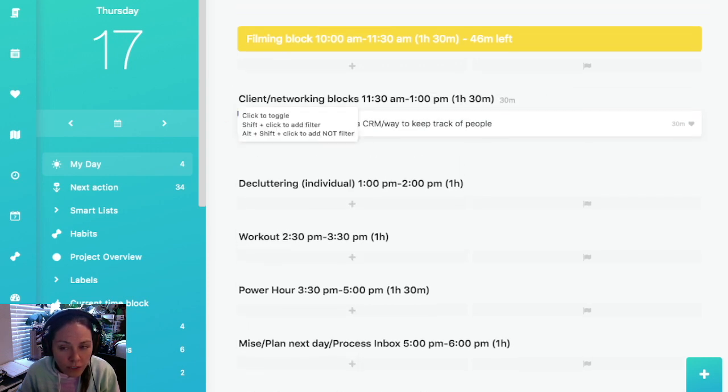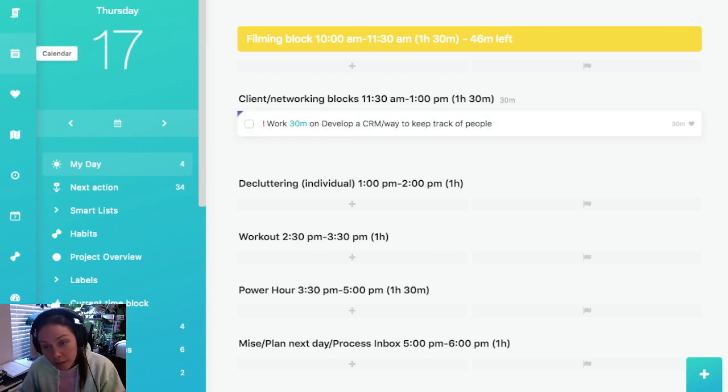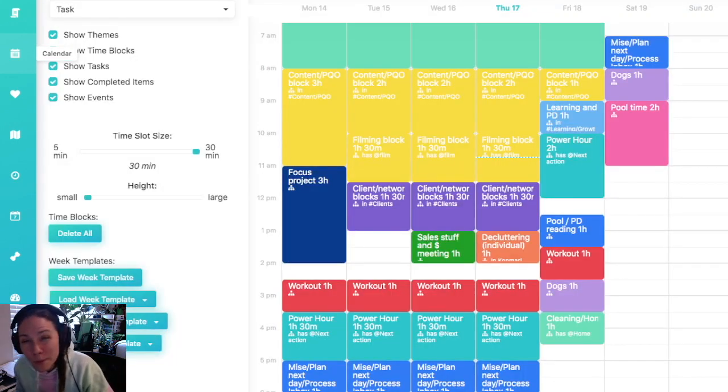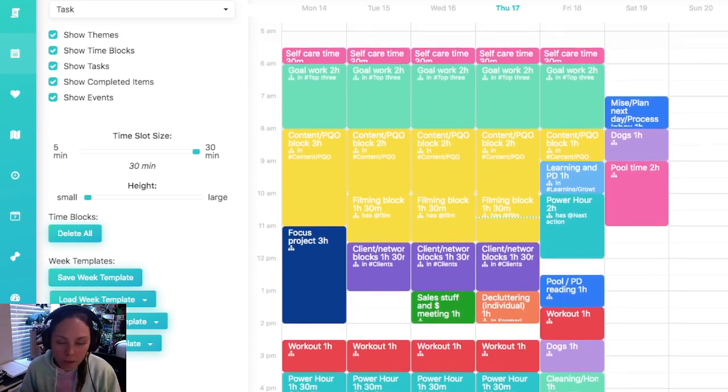But in order for it to be assigned to the right time block, first and foremost, you have to go to the calendar. I mean, this is how I found to do it. Maybe there's another workaround for how to do it. But this is my schedule every week. Is this set in stone every single day? No. Is this the schedule I would like to have? Yes. So you go in here, you set up your entire calendar, and you do that just by clicking in